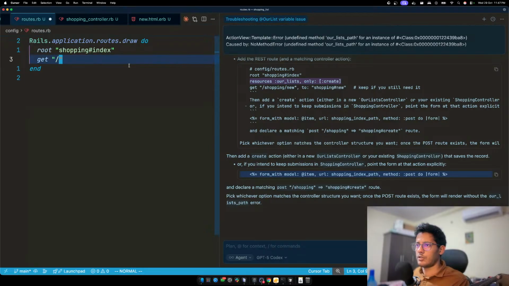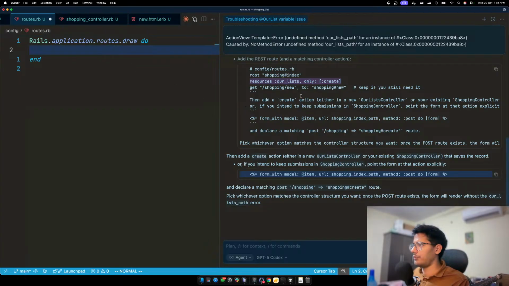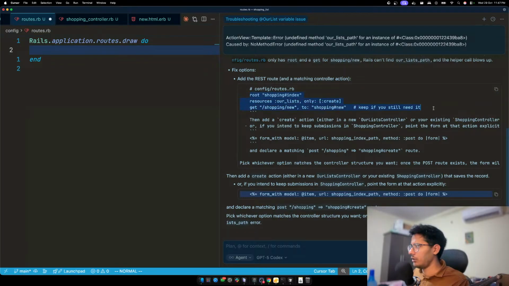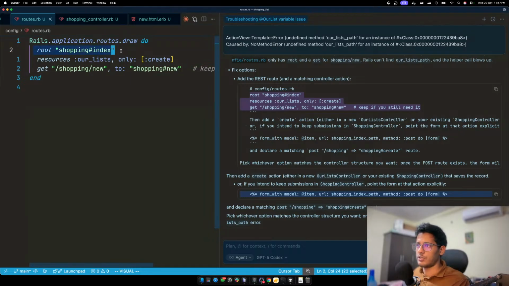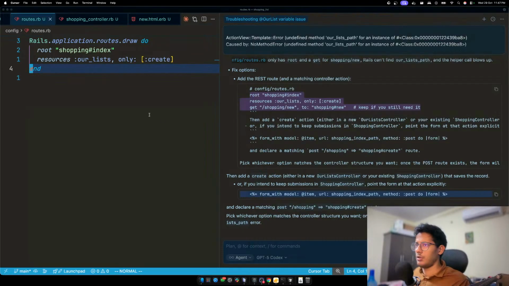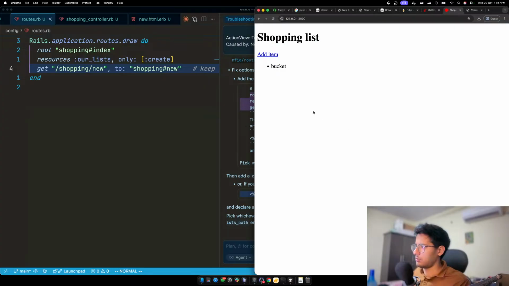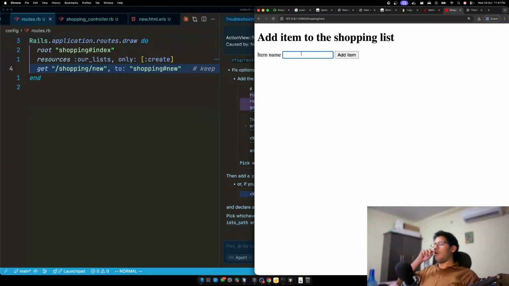And then if I do that resources stuff. Oh wait. If I just keep this, what will happen? Let's see. Okay, I'm getting this, which is cool because that is the root. And then we have resources, our lists, and create. And then this is not required. Then I think, no, this is required. Okay, let's go, add item. Oh my god. Okay. So great. So now I think we have